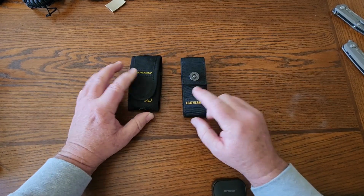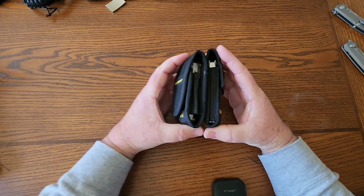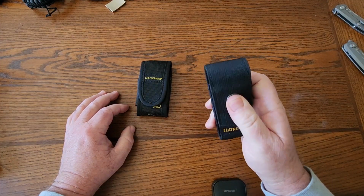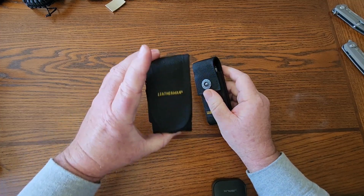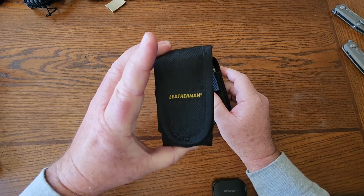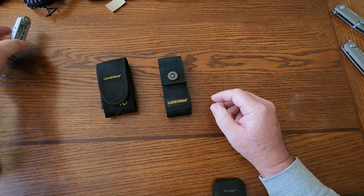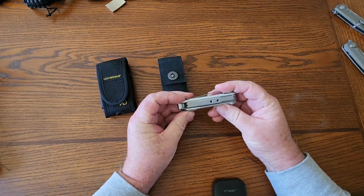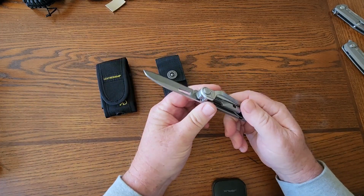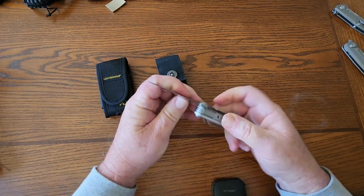But I got this one recently, and you can see it's a smaller, thinner carry, and since it's out on my belt, this is one now that I'll carry every day, and this one ends up being in my backpack most of the time, unless I'm going out specifically working on something, then I'll carry this one. And then just recently in a giveaway, I got this one here, and it's probably something that I wouldn't have bought on my own, but it's a little pocket clippy sort of EDC, and it's kind of almost like a